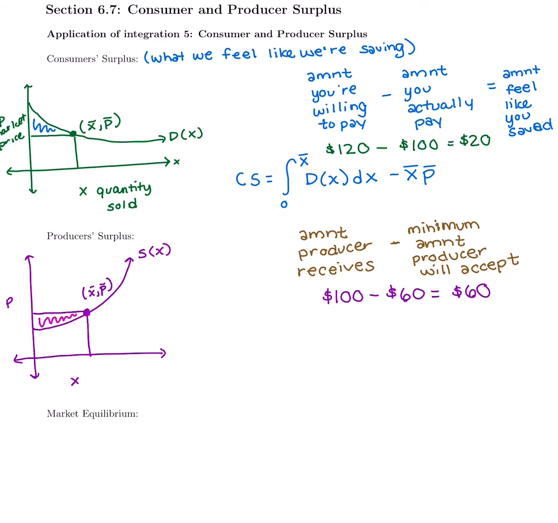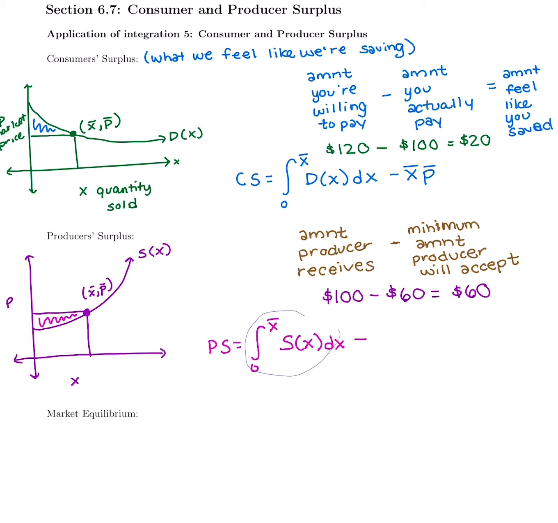They had a sale price of $100, and that was above what they were willing to take as a minimum, so they get some surplus in there. Definitely not drawn to scale to show 20 compared to 60, but this is just a general example. And how we find that from an integral is we would say, well, first we have the area of this big box. So we would take the integral from 0 to X bar of the supply equation to find the area of that box. And then we would subtract out,